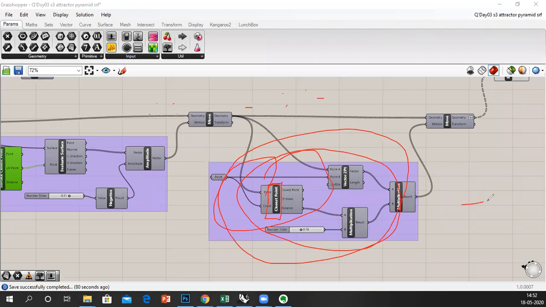So this is the surface, this is the attractor point, and this process displaces these points to make them go as close to this point. After this, this is the move geometry, and once this is done, we are just gonna quickly loft these to the base and our entire content is done.